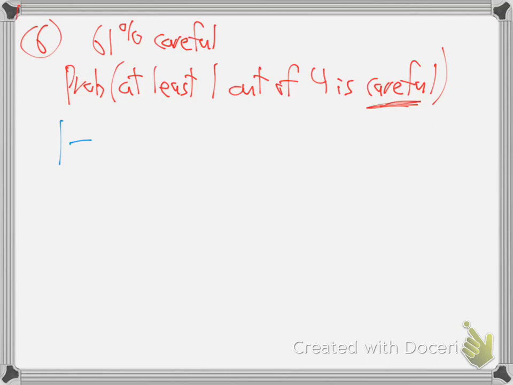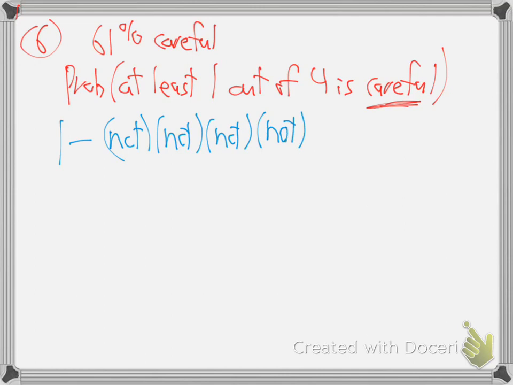So it's always 1 minus not times not times not times not, 4 of them, because it's the opposite of none. At least 1 is the opposite of none. So 1 minus, now, not what? Let's be more specific. I should have written that better. Not careful to the 4th power, huh? Because why? Because they said careful. It's always what they ask about. So if they said at least 1 boy, I would say not a boy. If they said at least 1 girl, I would say not a girl. If they say at least 1 is careful, not careful. So it's not whatever they're asking about.